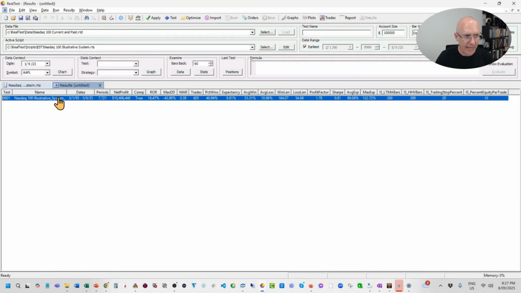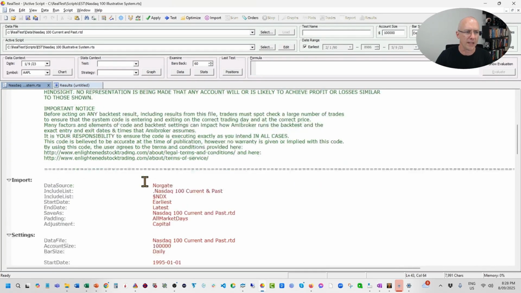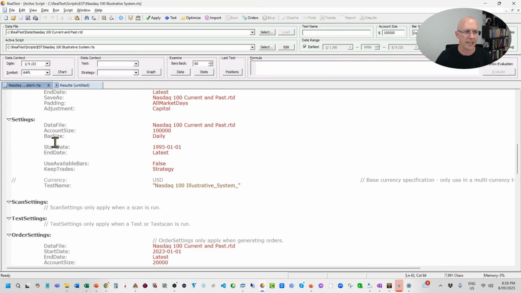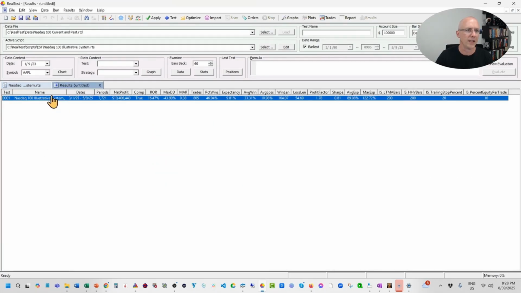Okay, so having said that, let's have a look at what we've got here. We've got the test number. In this session that you've been using RealTest, what number test is it? So this is the first one that we've run since I opened up RealTest. You've got the name of the test, and that name is defined in the backtest settings, the settings here. See, we've got test name, and I've called it NASDAQ 100 illustrative system with an underscore, and that's exactly what